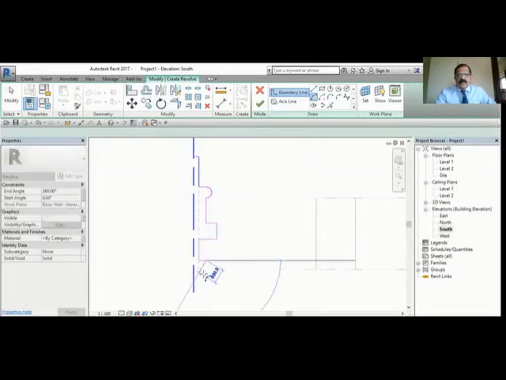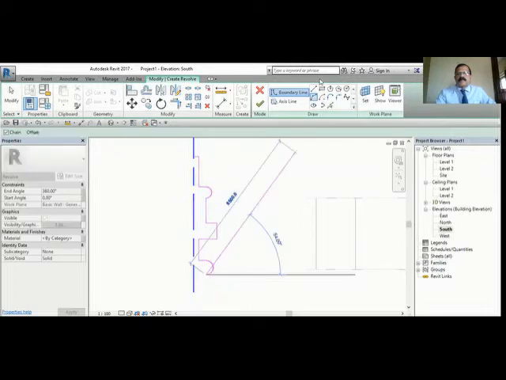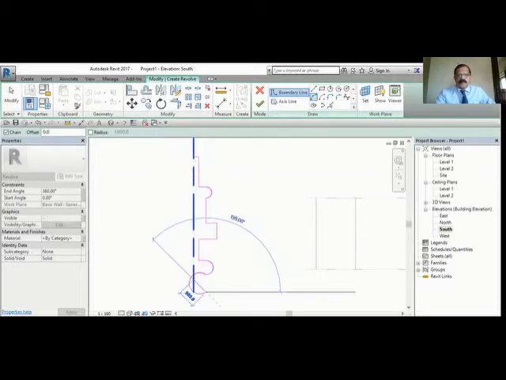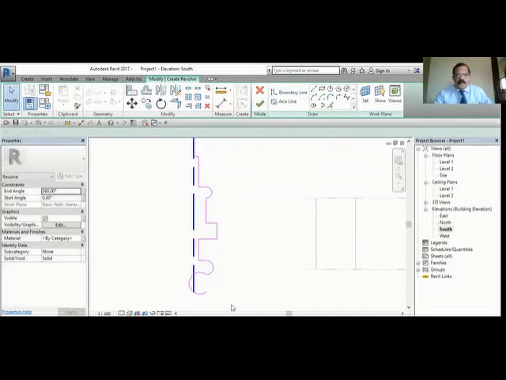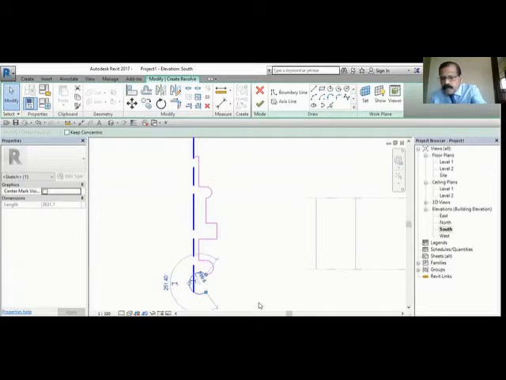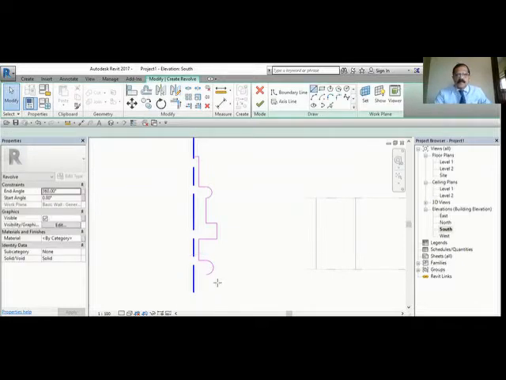So first of all, you have to draw the cross section, and it should be closed. Okay, so this is my cross section and I have a path.